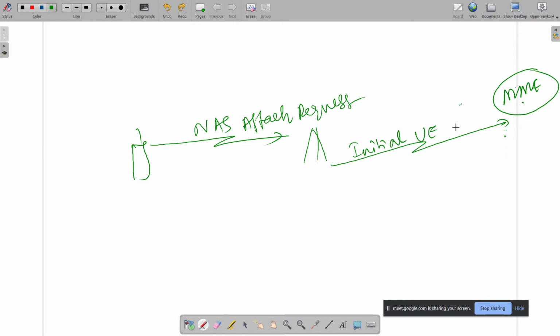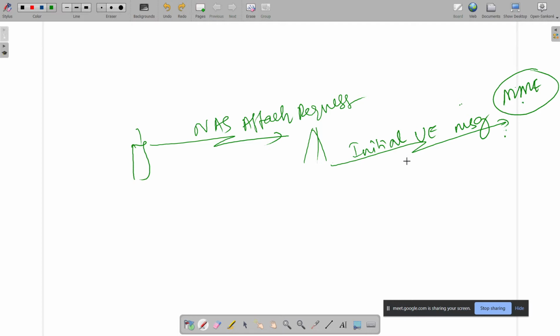UE message. So it goes as an initial UE message.